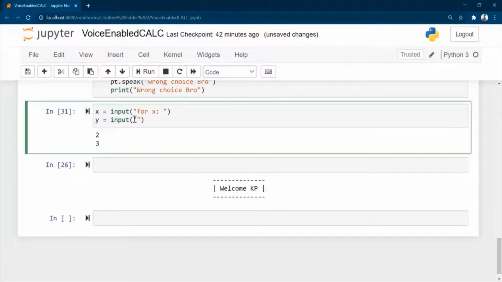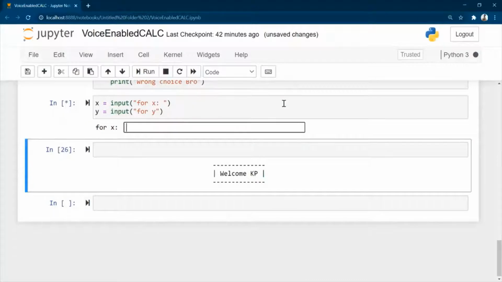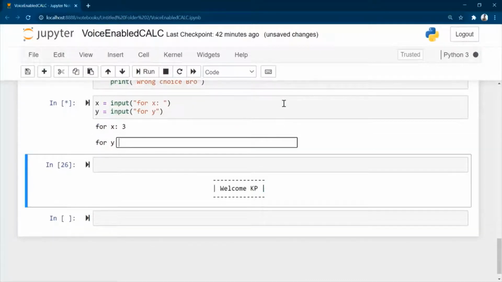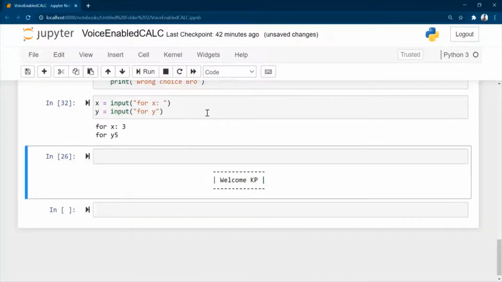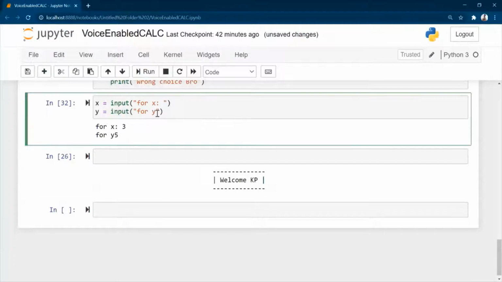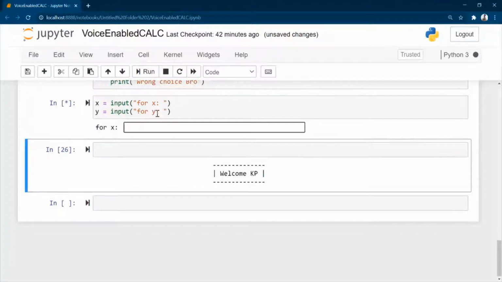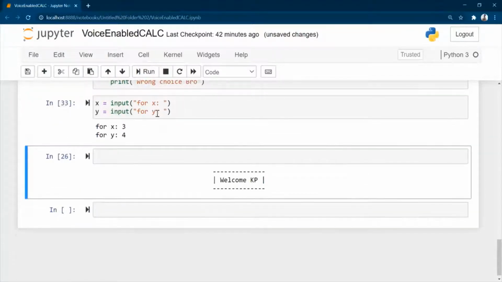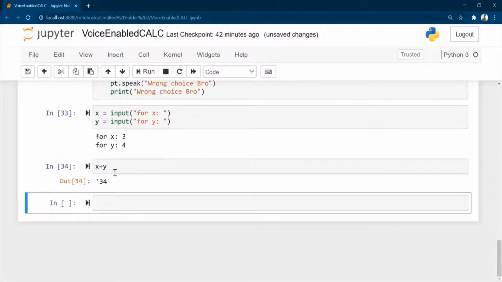For x I'm giving suppose 3, for y I'm giving 4. So I'm taking the x and y input. I have to perform addition, suppose. So if I do x plus y, I'm getting 34, not 3 plus 4, that is 7,